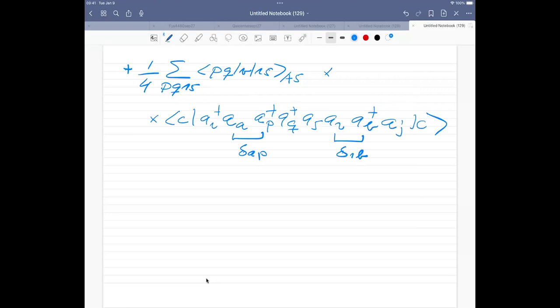And then the only other possibility is actually to take the operator and contract Q with J. So that gives us a delta QJ. And finally, the only operators left then are AI with AS, and that gives us a delta RS. So this is one of the possibilities. And since we now have these 4 possible contractions, when we look at all the possibilities which remain, there are only 3 other possibilities. Now, when I do this now,